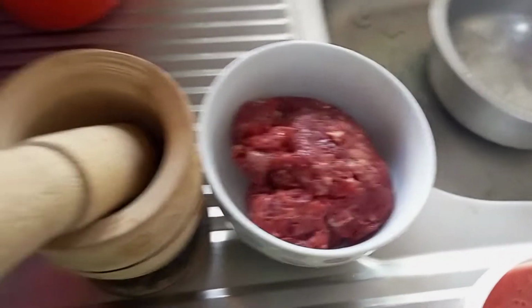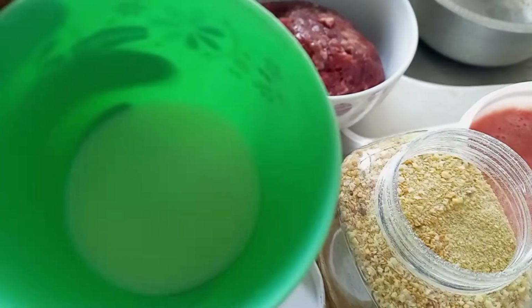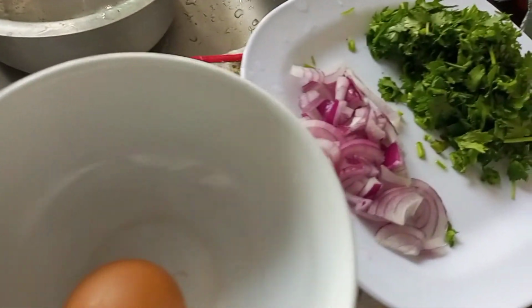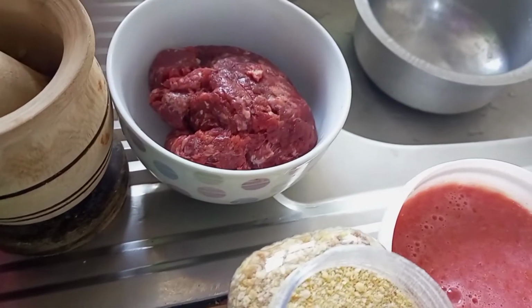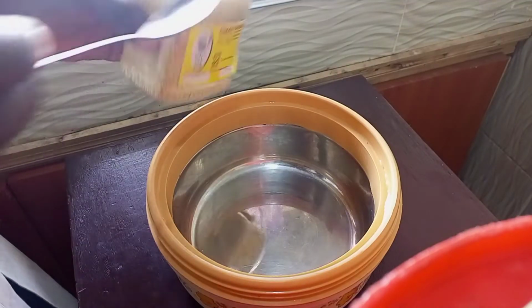Today I'm going to be cooking some meatballs. It's my first time cooking it, so I just borrowed a recipe online. Yeah, so let's make it. I have some coriander, one egg, some tomato paste which I'll use to make the sauce, some minced meat, and